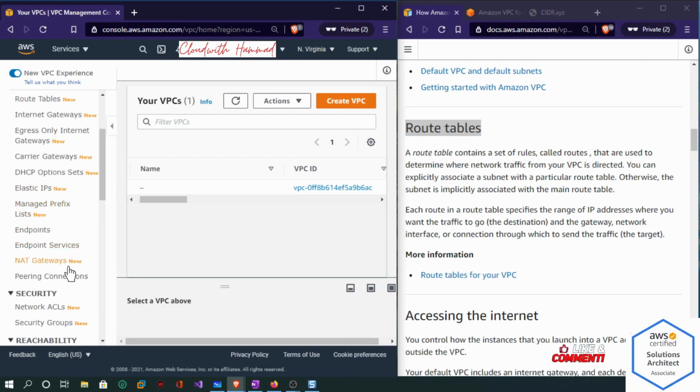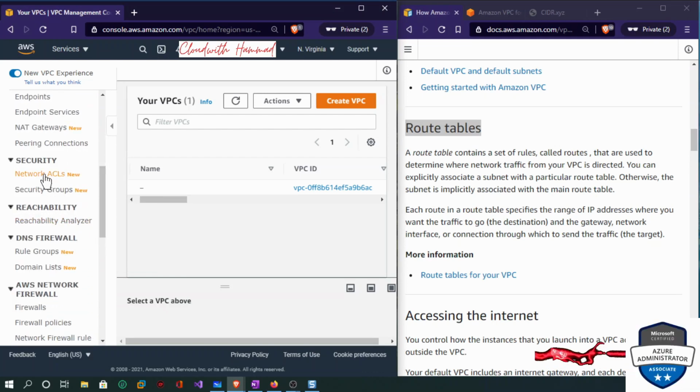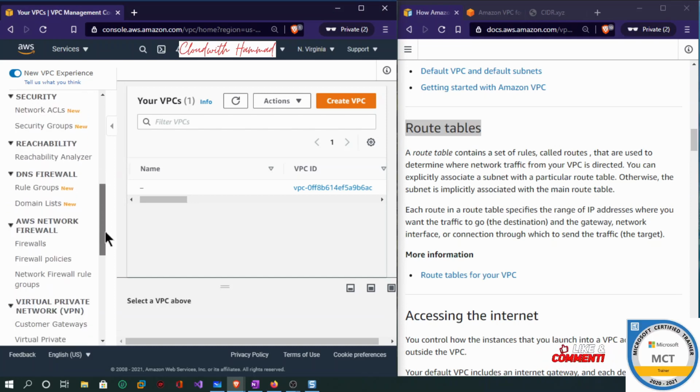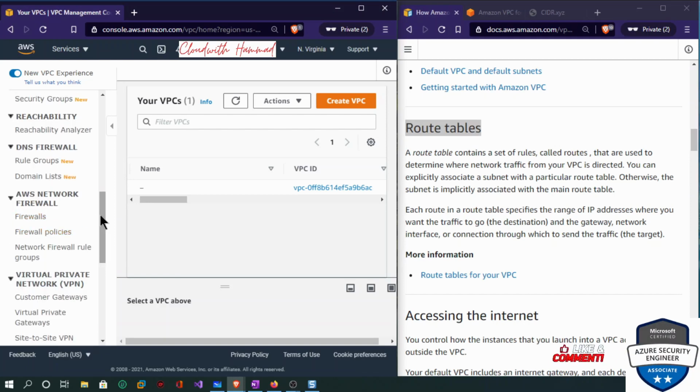NAT gateway, and then if you want to connect two VPCs together, you can do VPC peering, or even a VPC in a different region, you can use that. And then network access control list, where I think there's layer 7 security. And then security group is to basically define the port inbound and outbound rules for any traffic to go through it. And then firewall, we won't discuss much on this, but I have several videos that I made